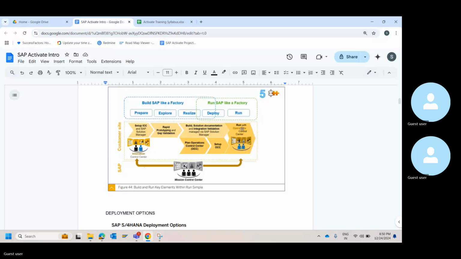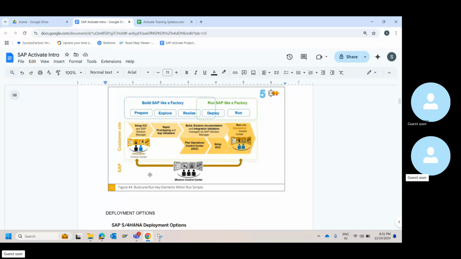Then you set up the operations control center to make sure you have a center of excellence team who knows the solutions well, who are trained well, who can support the end users well. These guys will be the front line of the support needed for the business users during their operations. These two in turn will be supported by the mission control center, which is basically SAP. SAP experts, let's say the customer success manager, or if you're part of HEC, the cloud lead, all of these people will be involved, including the account manager. All of these people will be part of the mission control center.